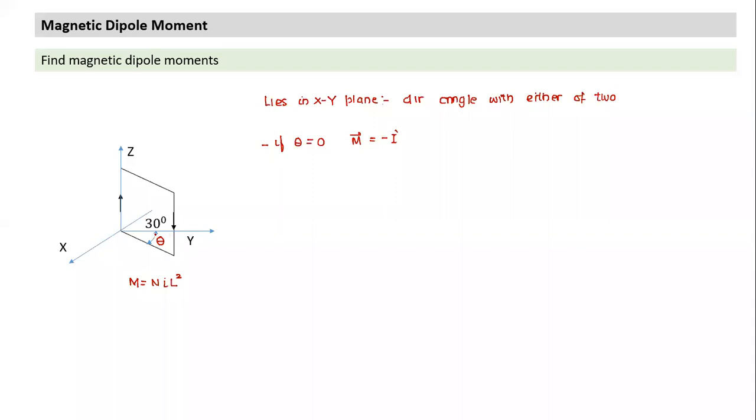So what will happen as I start rotating this plane? This dipole direction also will start rotating, is it not? Yes, sir. If this has turned by 30 degrees, this also will turn by 30 degrees. So M also will make an angle of 30 degrees with which axis? Minus x-axis. Once I get this, can I find the component now? Yes, sir, you can do that. So you understood. That's another way to understand and find it out.